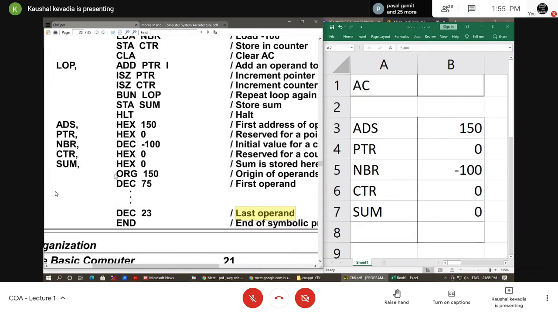If I calculate the last address of DEC 23, what will the address of the last DEC 23 be? Please write down the address of DEC 23 in your chat box. If ORG 150 is mentioned here, what is the address of DEC 23? Anybody?